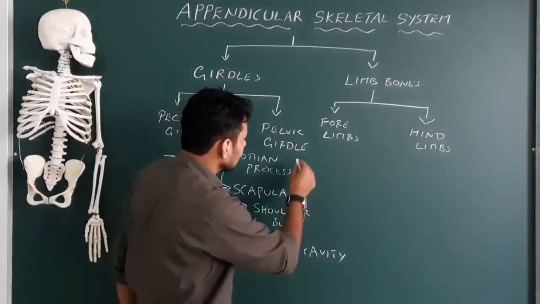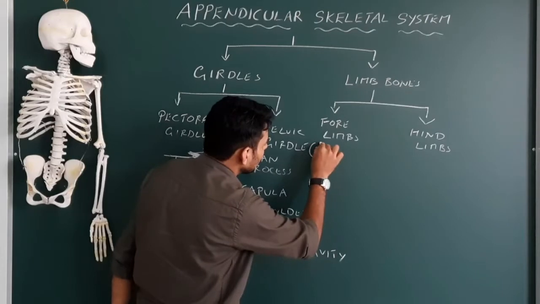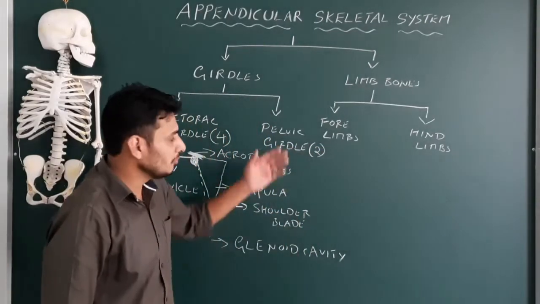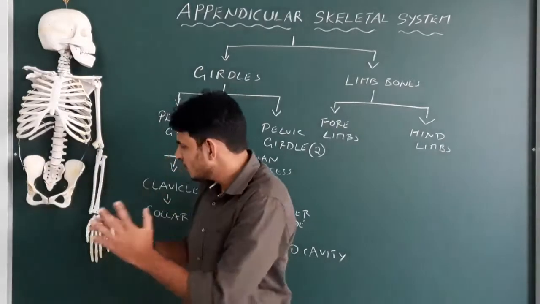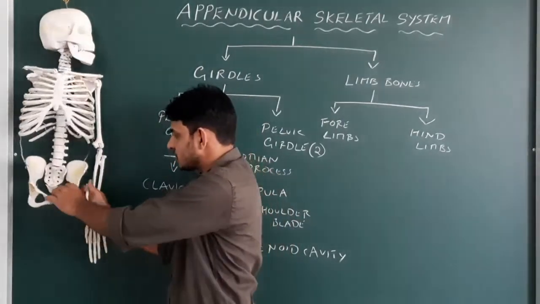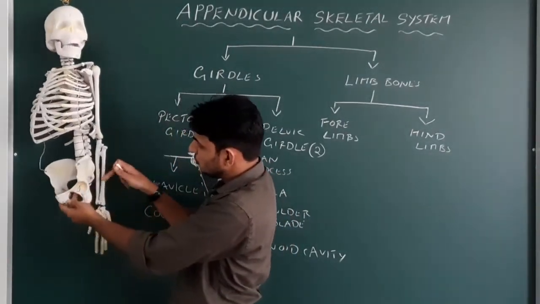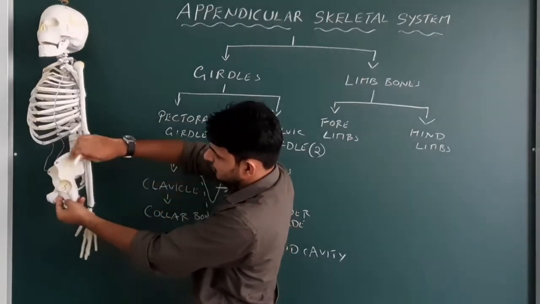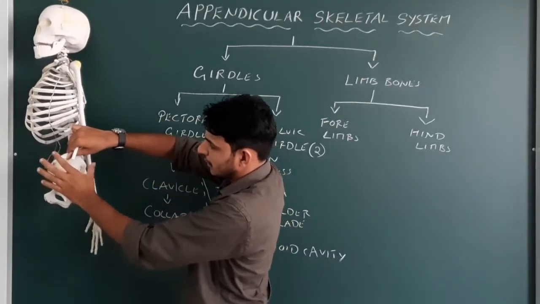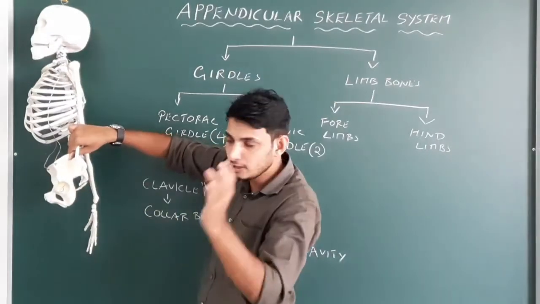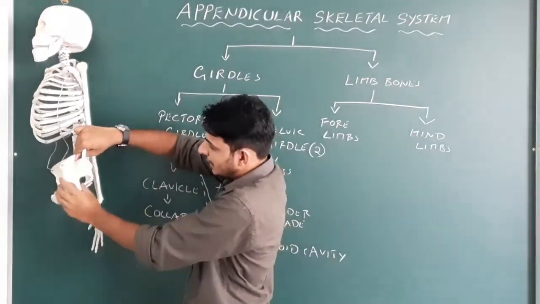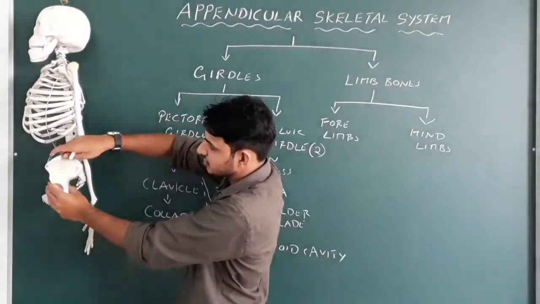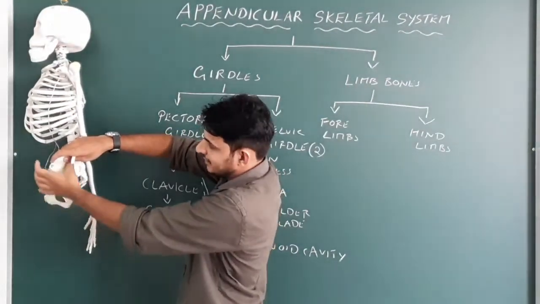Let me write here, we have two pelvic bones which are attached. So in the pelvic girdle, how many bones do you see? Two, only two. Okay, big. It's quite large in size. If I show you the structure, see, this is the largest portion of the pelvic girdle. I'm just talking about only one pelvic bone, one side. Let us assume the left side pelvic bone, and it has a very wide flat structure, and this is called the ilium.